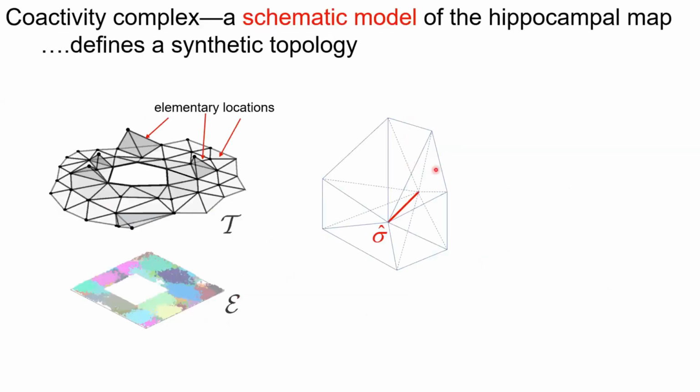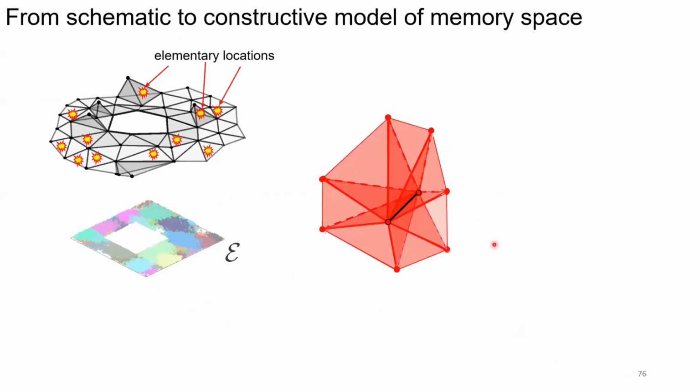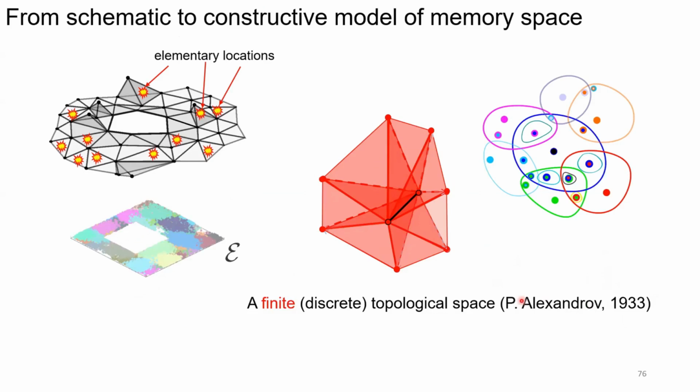So if we think of a specific simplex sitting somewhere in a simplicial complex, all we need to do is look at the simplexes that surround it, roughly speaking. So this is what defines a vicinity. And it can be shown that so defined vicinities are consistent with standard topological definitions, and together they form a very legitimate topological space. And the space was introduced in the 30s by Alexandrov. He called them discrete spaces, and this can be thought of as a constructive model of,